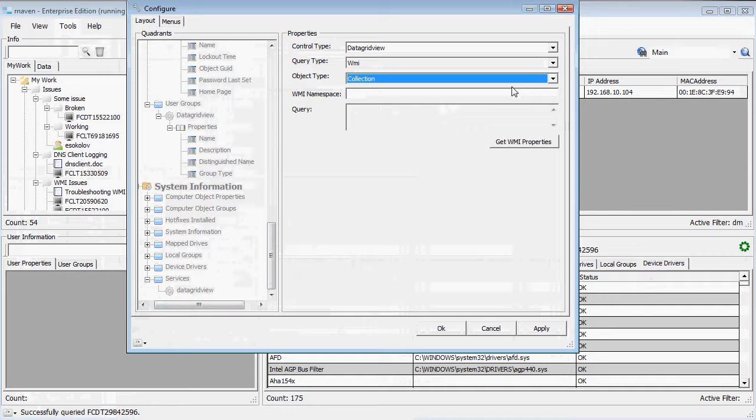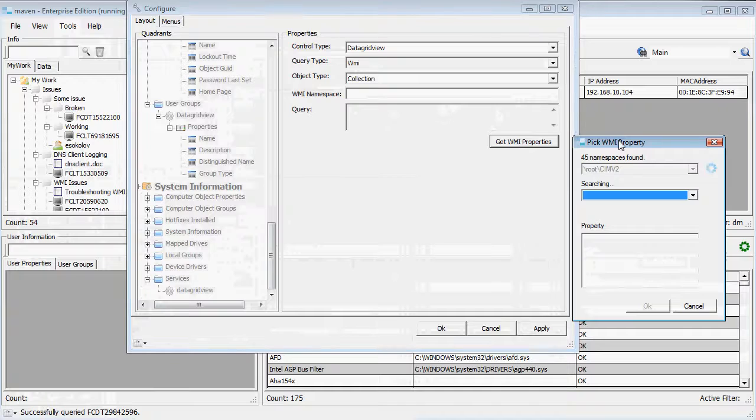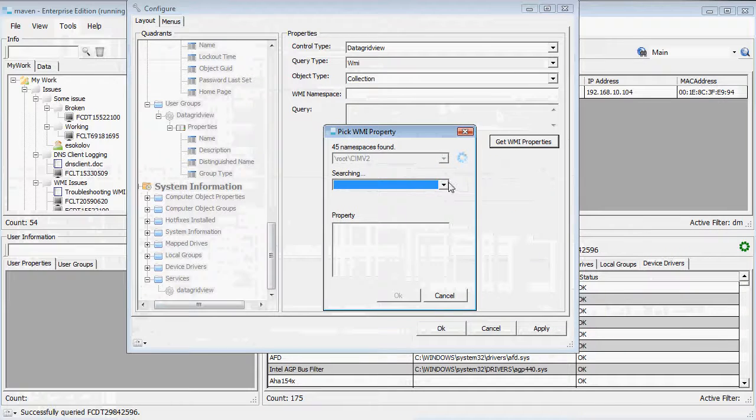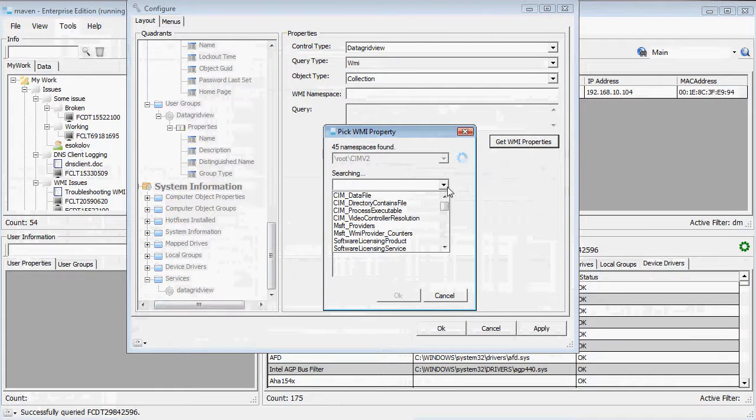The difference between a collection and an object is when you're working with an object, you have to specify each object from each WMI class that you want to return. If you're working with a collection, you're basically going to pick from existing WMI classes that are on this particular machine. So I'm going to go down to Win32 service,